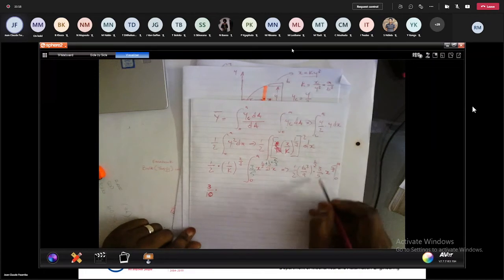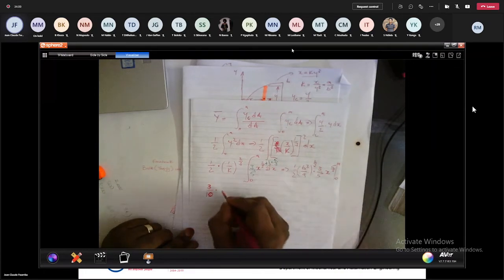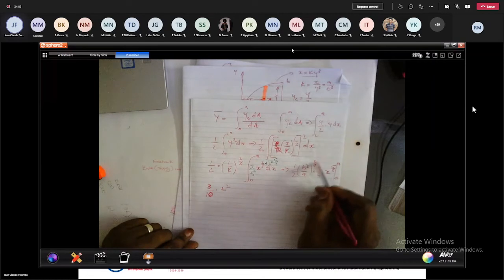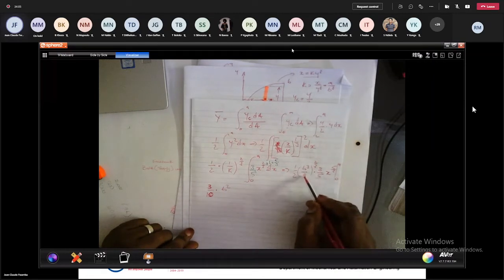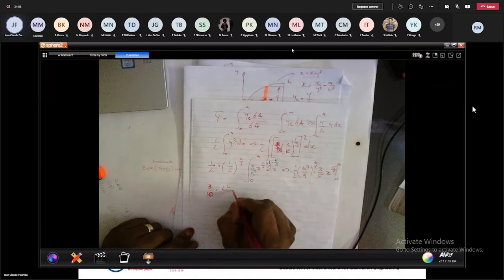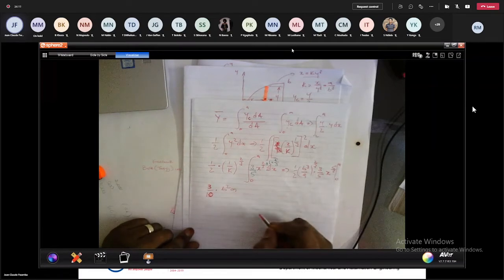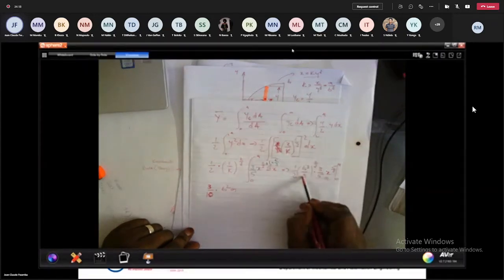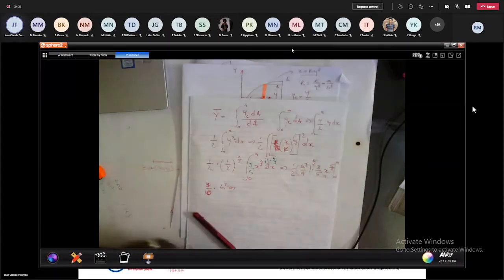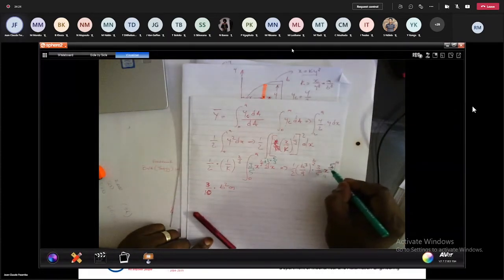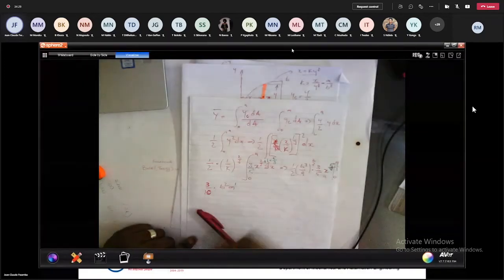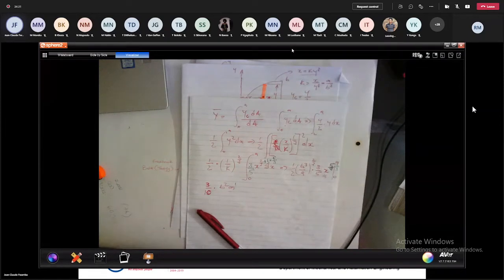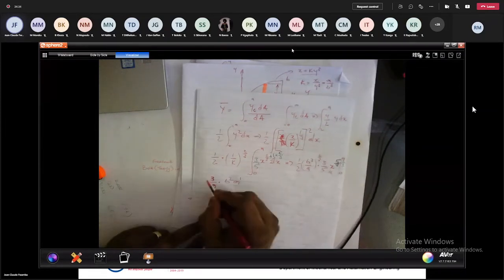Times. Now let's look into these ones. b will be b square, right? If you look at this, now I'll look into these two, right? That will be a. Be on the same page there, right? So I've just replaced my x by a. Here it's 2 over 3, so 5 over 3 minus 2 over 3, which gives me exponent of 1, right? So that will be my numerator